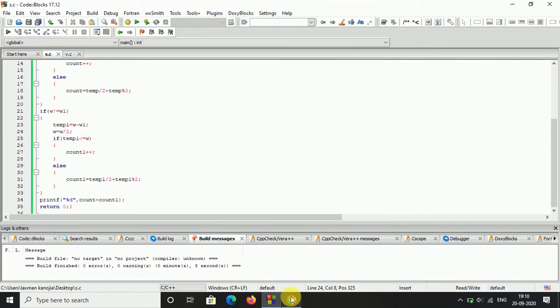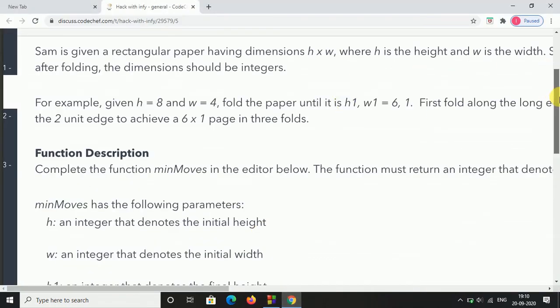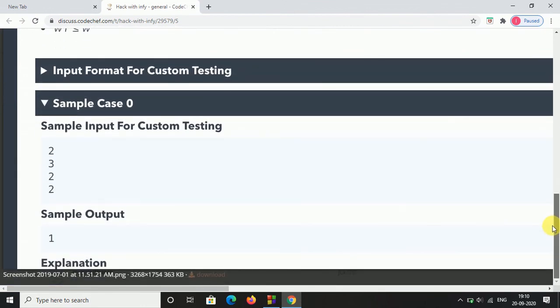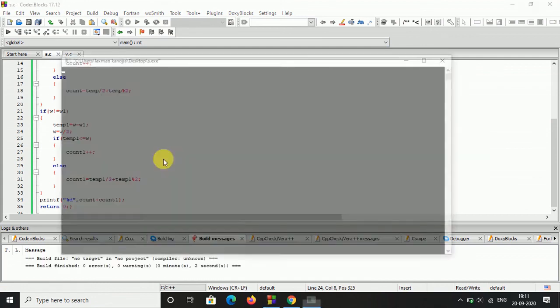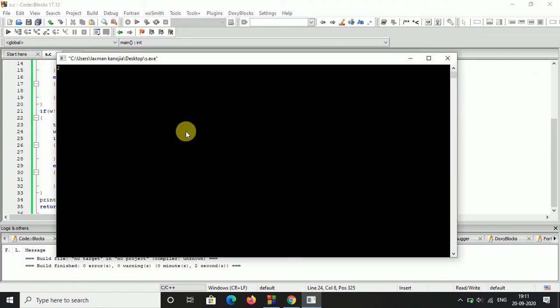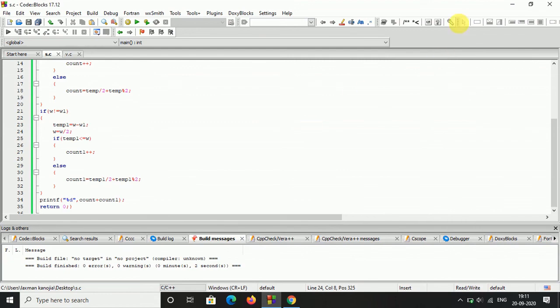Let's try another sample output: the sample input is 2, 3, 2, 2 and the answer is 1. So let's see, I am running my code. Yeah, 2, 3, 2, 2, and 1 is the answer. We have gotten the correct output.